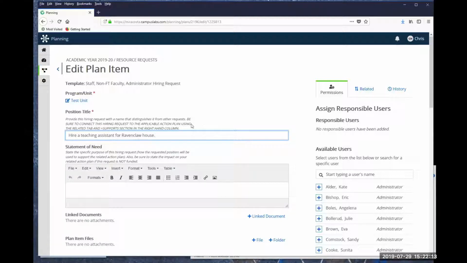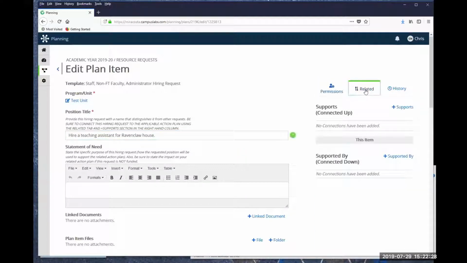You'll also note that it asks you to connect this hiring request to the applicable action plan using the Related tab and Plus Support section in the right-hand column. So go to the far right, select the second tab labeled Related, select the Plus Supports link,